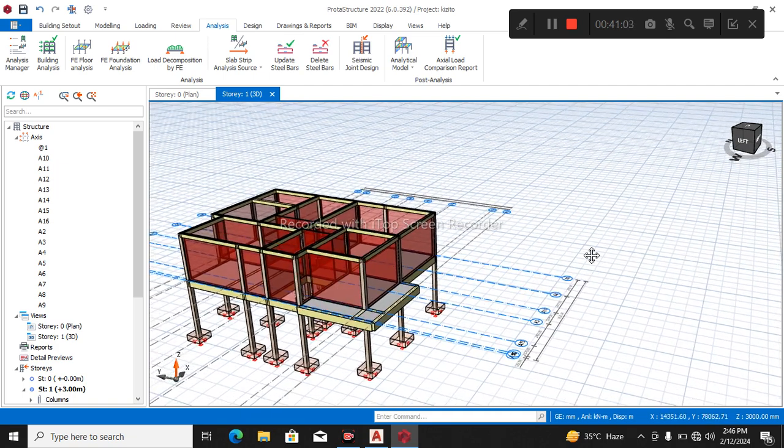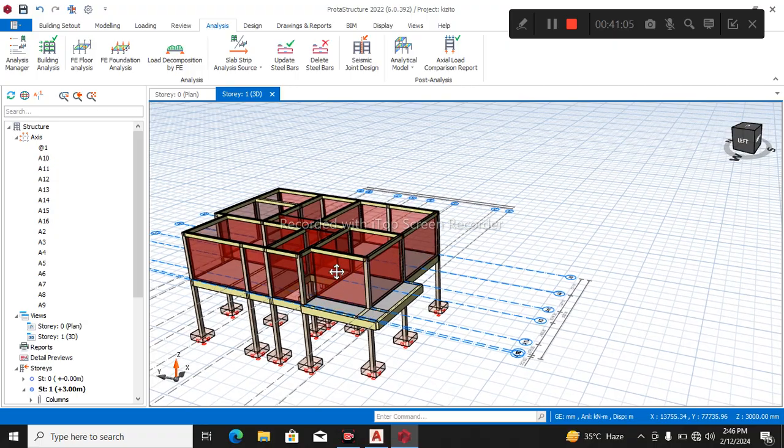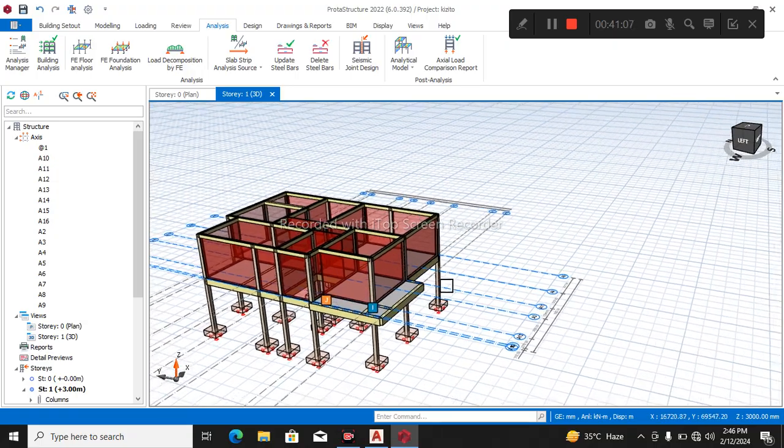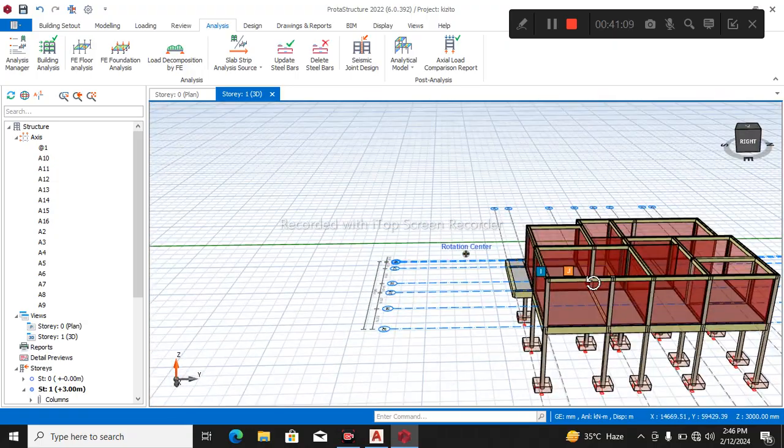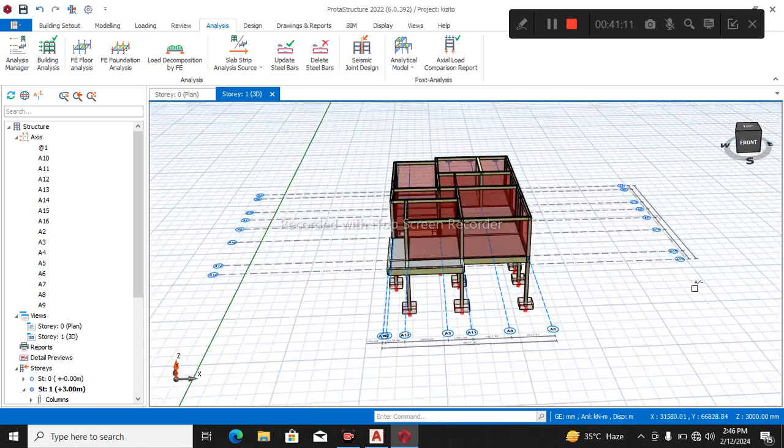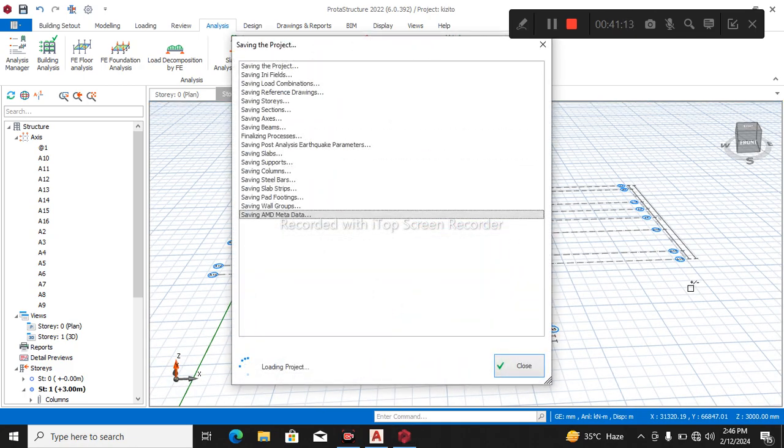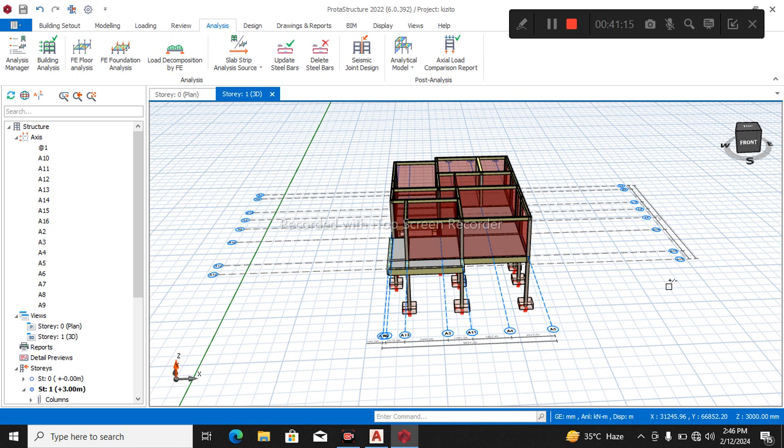In our next class we'll be considering exporting our design. Meanwhile, in any case, you should be saving your work because this is a cracked version of the software. You should be saving anytime you do any process, because it can run into a runtime error. So I think we are done with